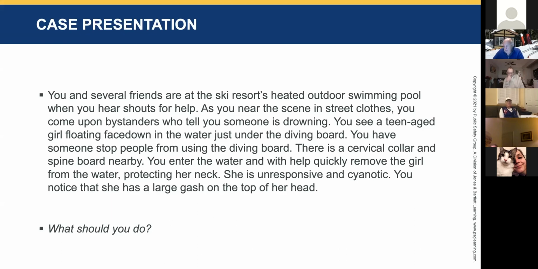What should you do? Who wants to make some guesses here? If you're approaching a victim in the water and you suspect a spinal injury, you want to move as gently as possible so you don't disturb the water, because that can exacerbate the spinal injury. So you're going to want to get there fast. You don't want to panic, though. You want to walk gently through the water. She's unresponsive, so she's probably not going to panic, but you might panic, and you still want to get there gently. Yeah, I would panic probably.